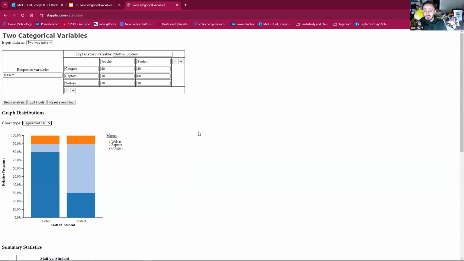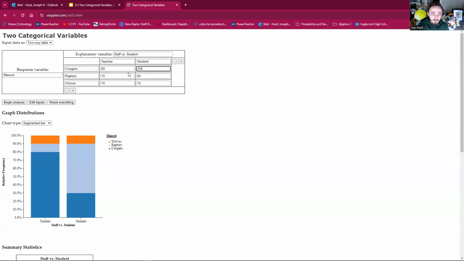Now, thankfully, the teachers column is going to remain mostly unchanged. There were 100 teachers, and 80% of 100 is still 80. 10% of 100 is 10 and 10. It's in the student category that this gets a little different. If I had 500 students and 30% of that voted for, say, the Cougars, then 30% of 100 would have been 30 students. But I'm not dealing with 100, I'm dealing with 500, which is 5 times as many. So if I take 30 and I multiply it by 5, I'm going to get 150 students